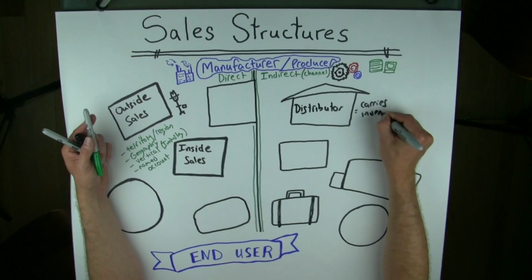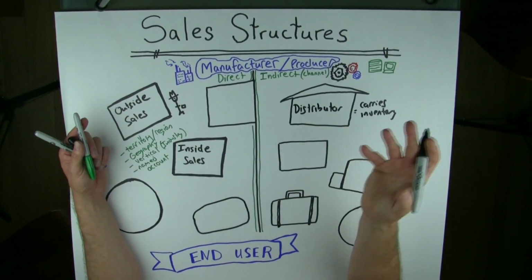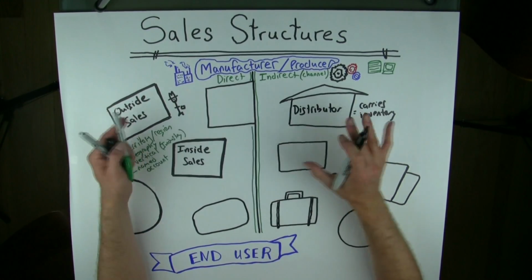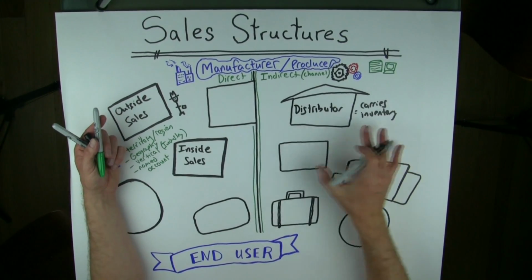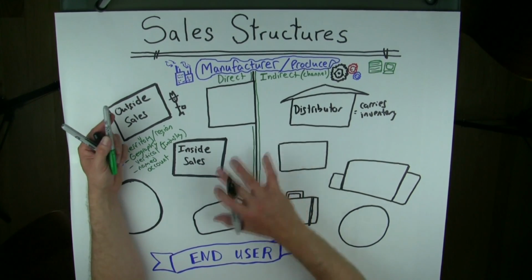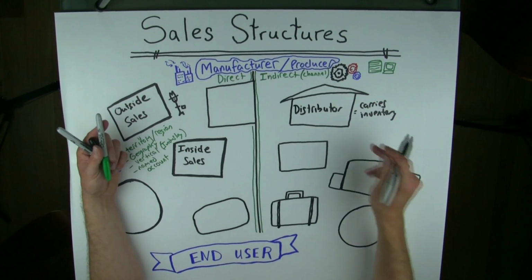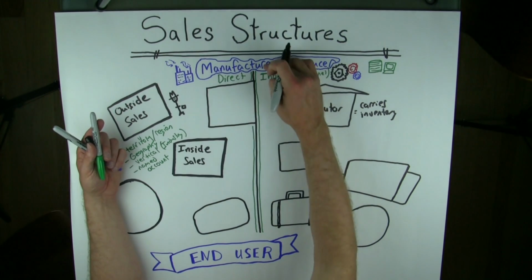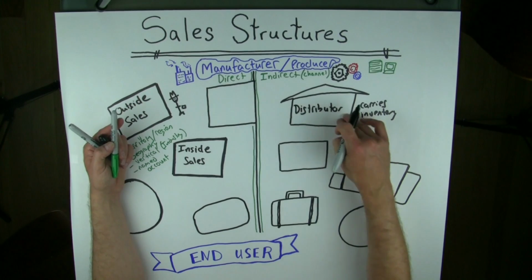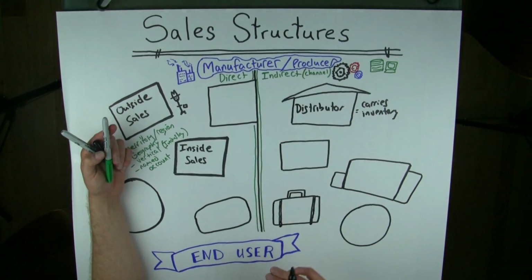Now this might sound a little strange, but think about it in a real simple way. If you go to the mall and you go to one of those stores that sell cell phone cases, right? That's a retail shop. It's not necessarily owned by the manufacturer because they carry lots of different brands, and the inventory in that store belongs to them. So the sales relationship is between the manufacturer and the distributor, and then the distributor sells to the end user,